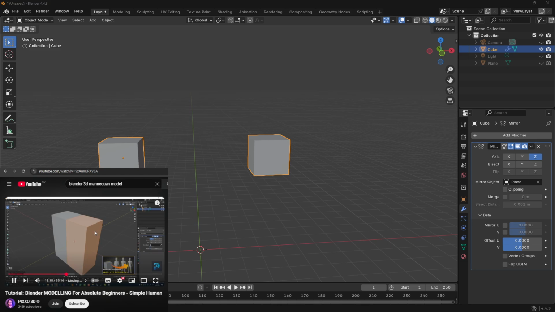go over to our portions, then, okay, if you hit 1 to go back to your front orthographic view, you can hit G, X, and you can move it like this. So we want something